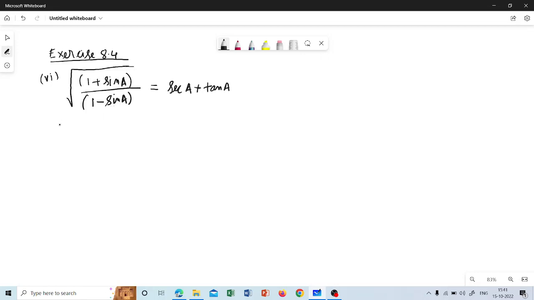So the first question that arises is how to bring this out of the square root, because in the right hand side there is no square root. So it is obvious that this should be coming out of a square root. So we should remove this square root. How to remove it? So if we know that for example,